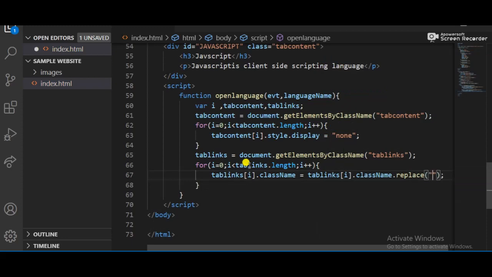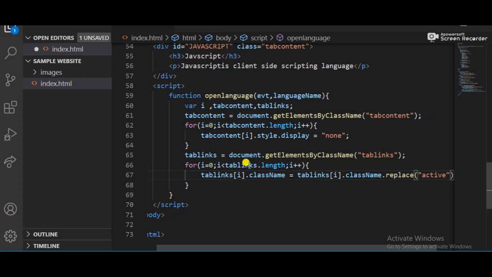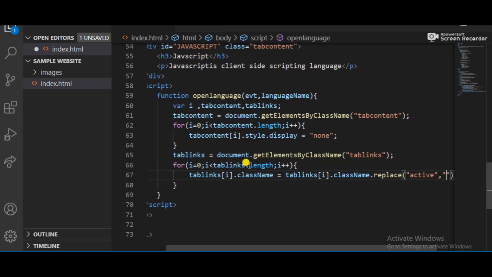As we discussed about the pseudo class active, there is an empty space, so no need to add something.